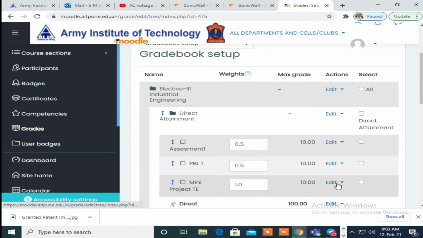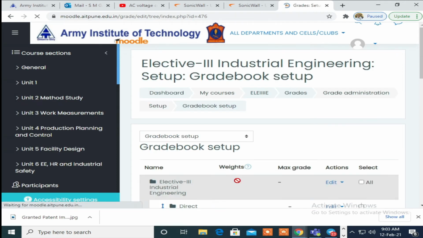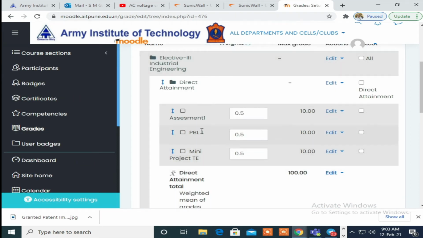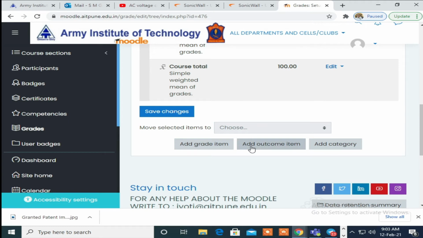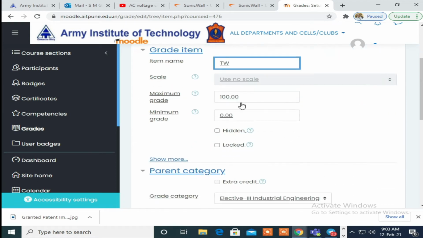So we can do edit setting and give the weightage of 0.5. Save change. Then add two more items in add grade category. Assignment, term work is there, which is again internal assessment, 10.00 and 4.00.